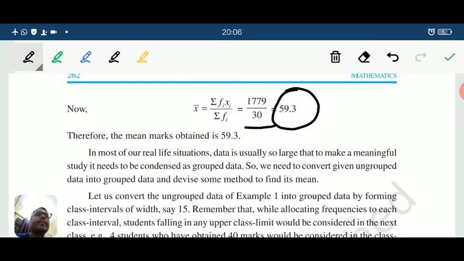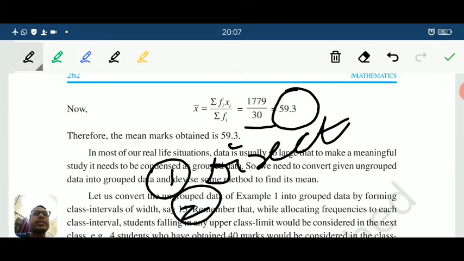Now suppose this is the data which is given, it was a very short data. What if we receive a long data, where the values are quite big? That becomes very difficult and tedious to work out. So for that, we have methods to find the mean. There are 3 methods basically to find the mean. The first one is called the direct method.